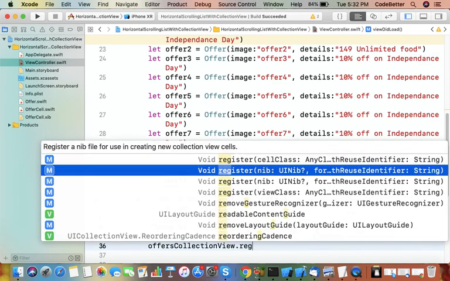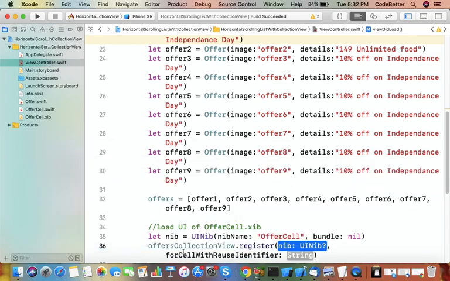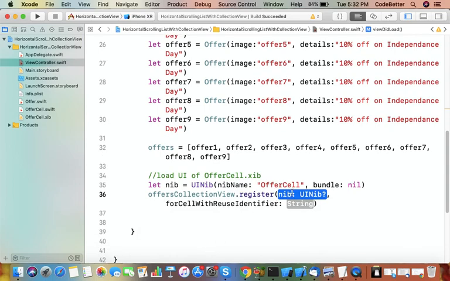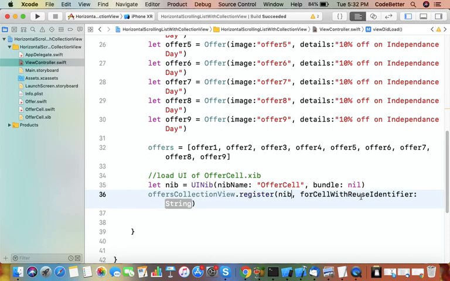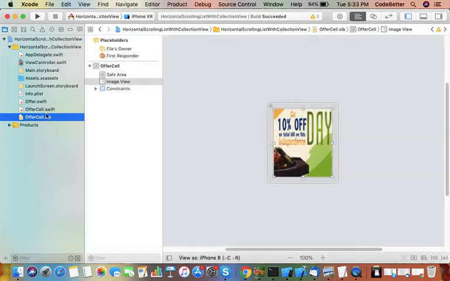Register nib for reuse identifier. So nib is our NIB object. Identifier, so identifier is again offer cell. Let me show you what is identifier. So while designing the cell XIB, we have assigned it an identifier.